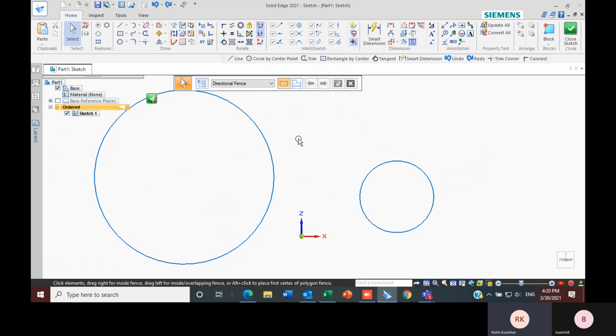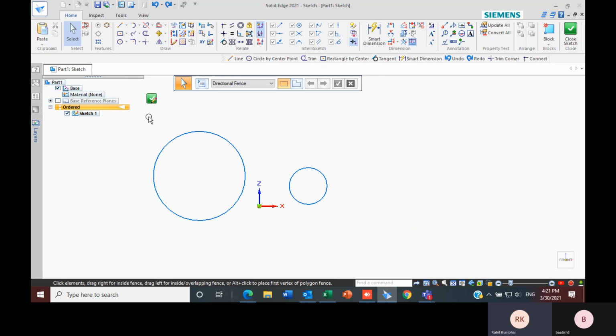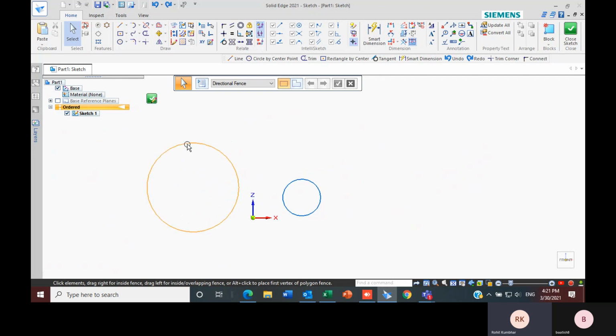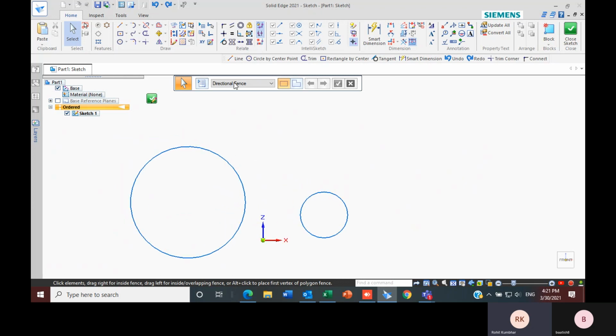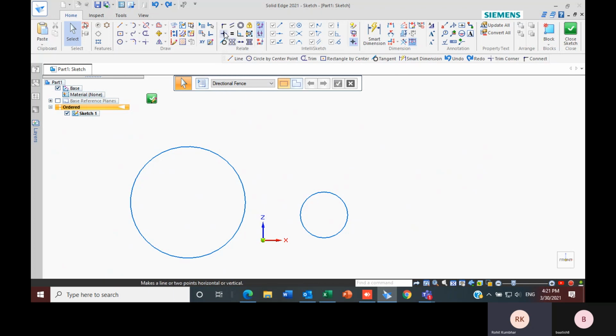Now if you are wondering what to do if I have to align these two circles but I don't want to change the diameter of the circle, we can do that too. We just have to choose a different command for it. Let's say horizontal or vertical.